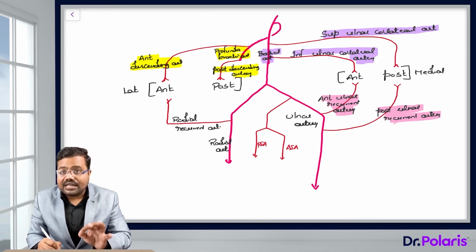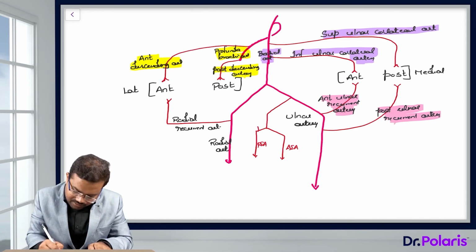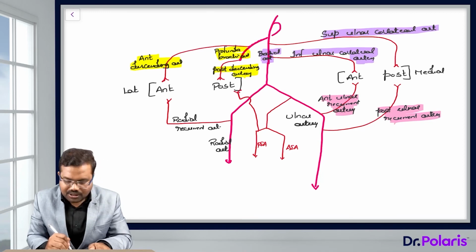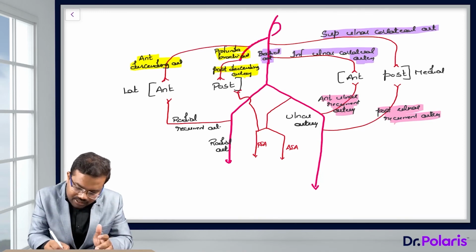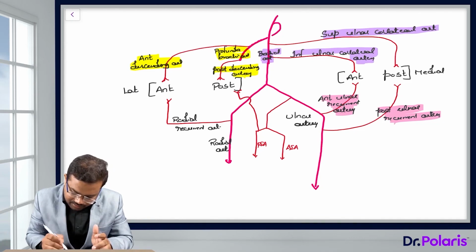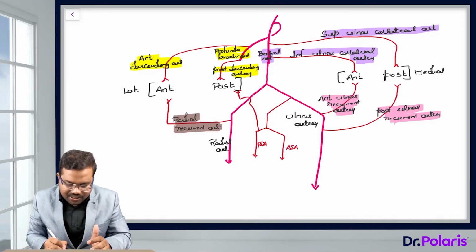Now this posterior interosseous artery gives one more branch that will anastomose with the posterior part on the lateral side. Simply to say, the radial recurrent artery of the radial artery is anastomosing